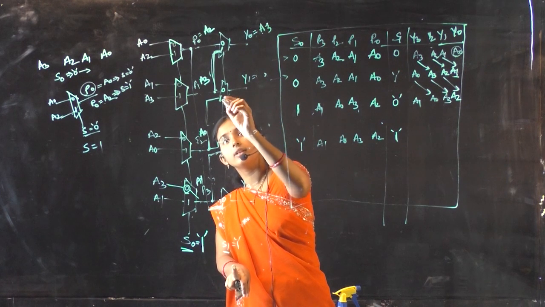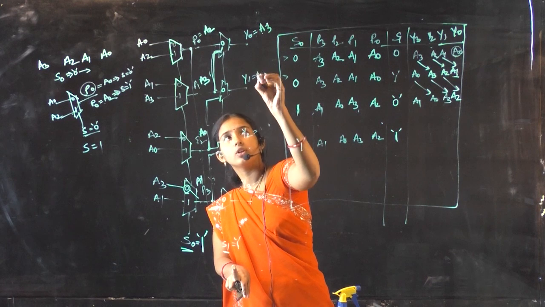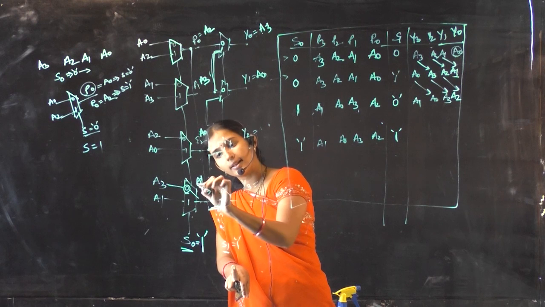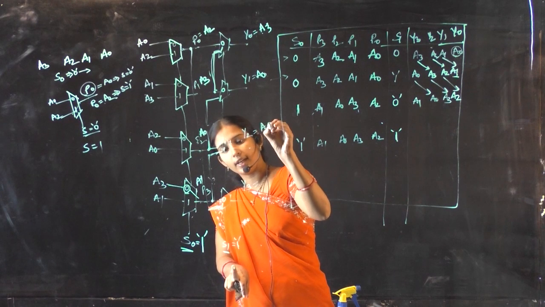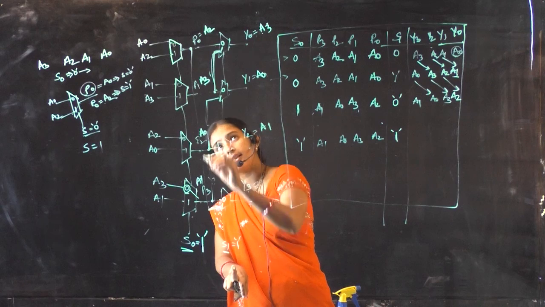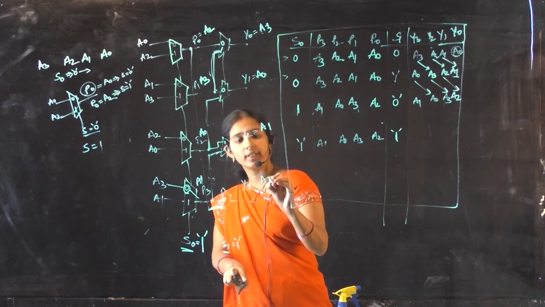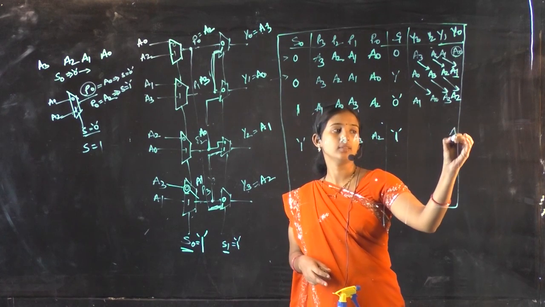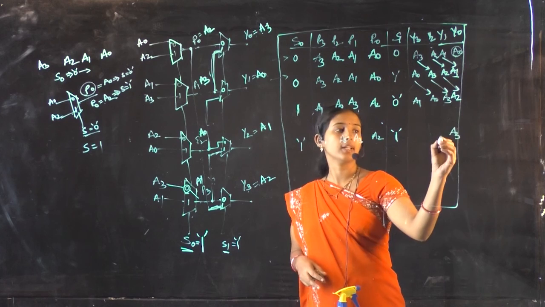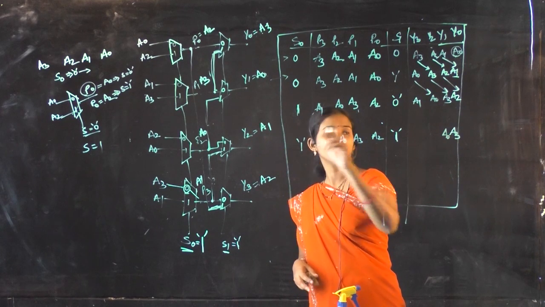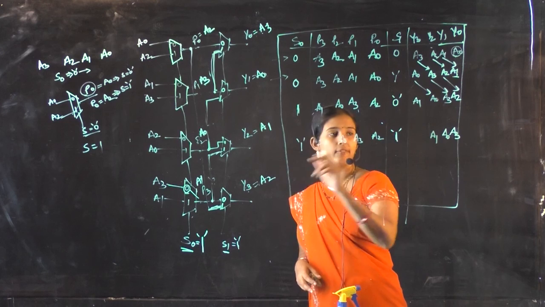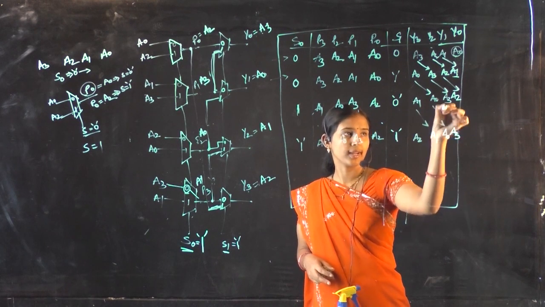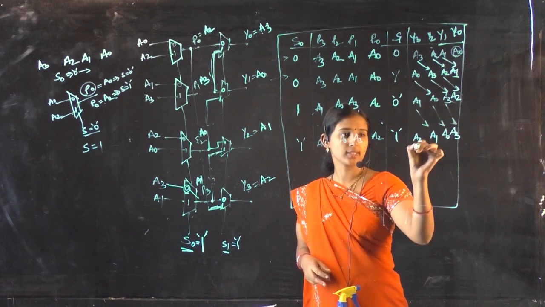What will be y1 here? It is now connected to a0. So it will be your a0. Again here, this 1 bit position, 1 is connected to a1. So I will be getting a1 here. Again, this 1 is connected to a2. So I will be getting a2. Write down here. At y0 I got a3. At y1 I got a0. At y2 I got a1. And y3 I got a2. See, you can see here, it is also shifted towards right. This bit position has come here.